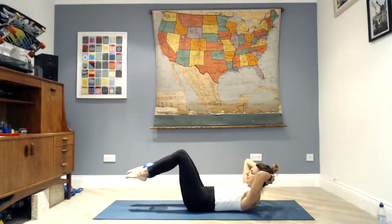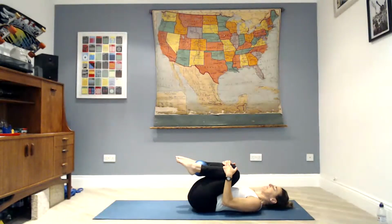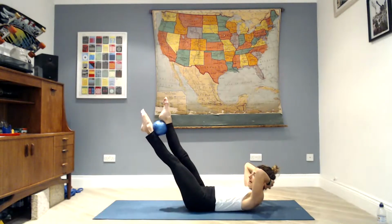Inhale and exhale. 1 more. Down and up. And then just drop the shoulders back. Hug your knees in. Keep your ball between your ankles for the moment. Now take your hands behind the head. We're going to lift the head, lift the shoulders, stretch your legs long, roll the right leg over left, squeeze